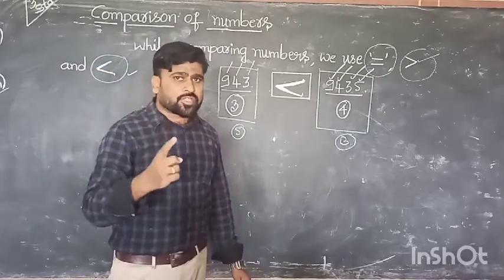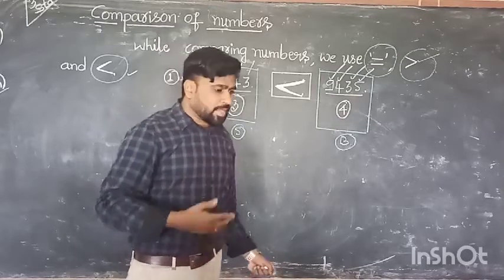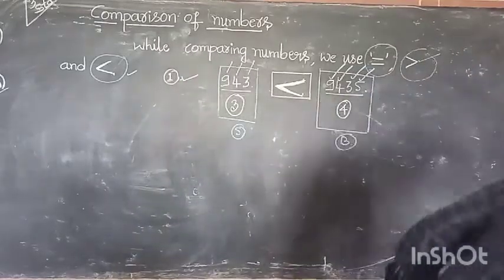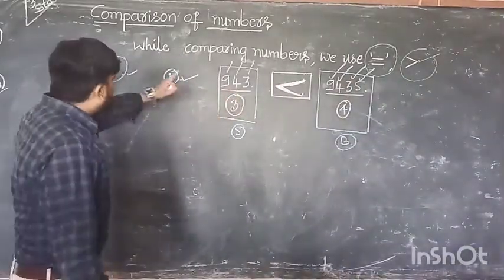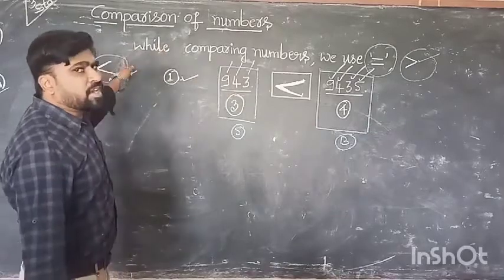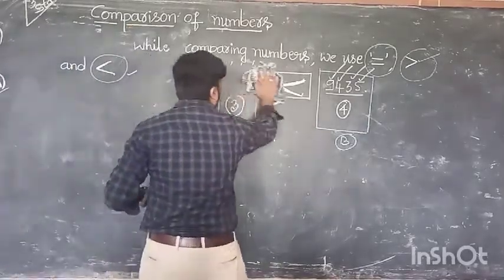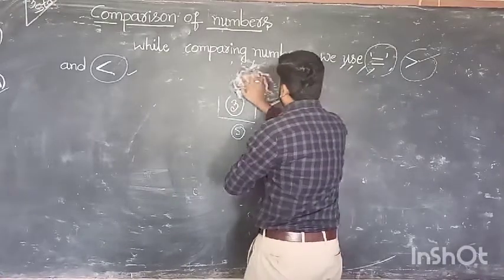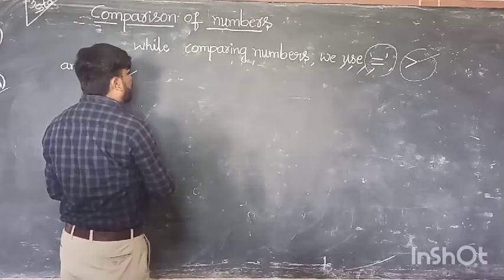Understood all of you? First, by counting the digits. Regarding the second point, this is the first type. Understood all of you? This is the first one. You don't need to write this in your classwork. Just one sentence is enough regarding the comparison of numbers. Next, the second type of observation, see here.